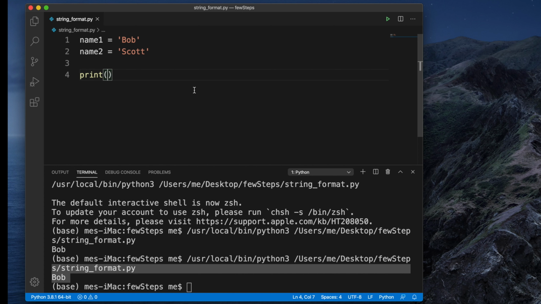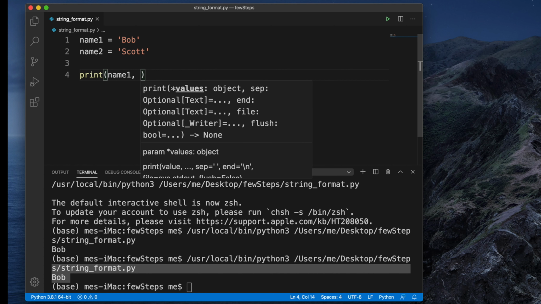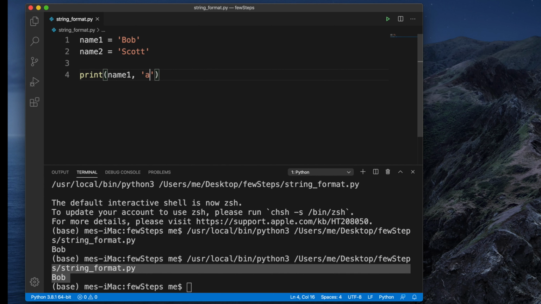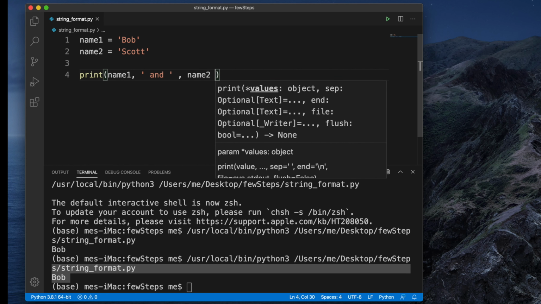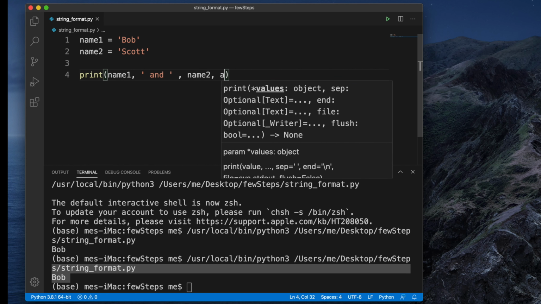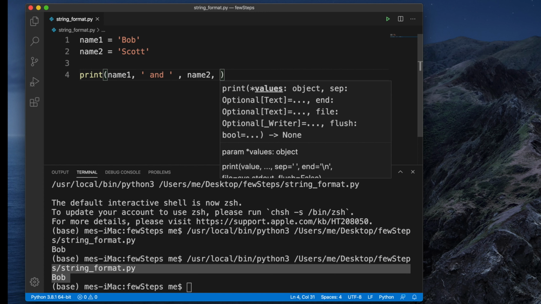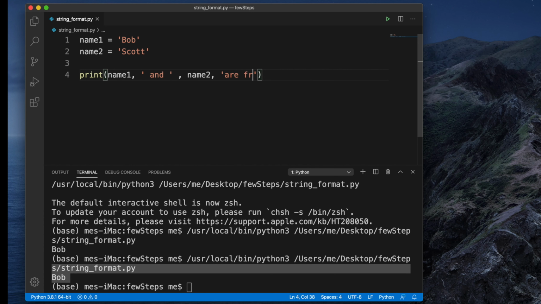So Bob is the name1 variable, so I am typing name1, then comma, then we'll type a string, and suppose I'm making a sentence. Okay, then comma, then name2, then comma, then we have to put the string 'are friends'. I'm just trying to make a simple sentence to format the string.